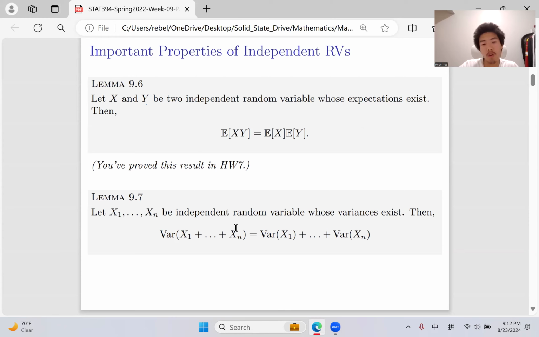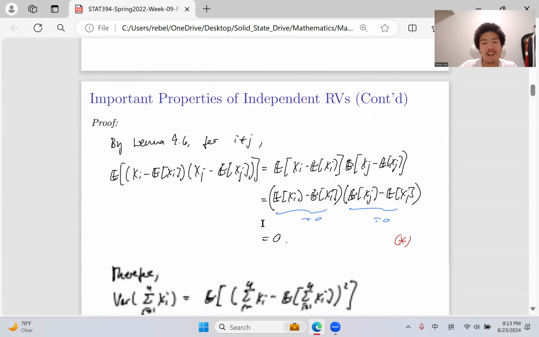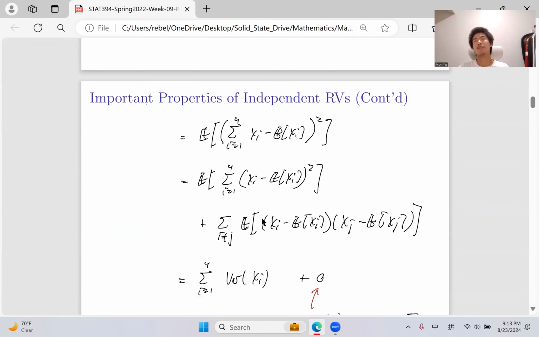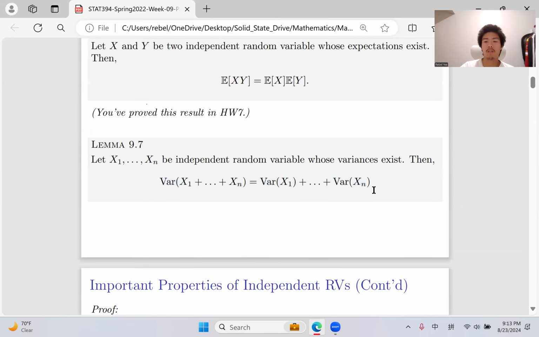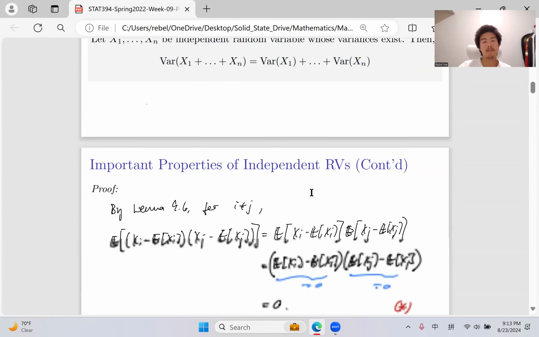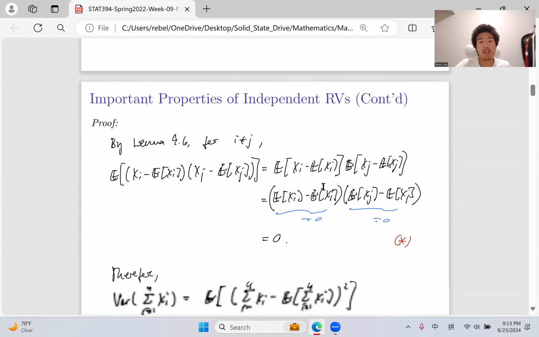Only when all of these random variables X1, X2, X3 to Xn are independent can we do the summation: the variance of the summation will be the summation of the variances. So it's slightly different, but if you can check the condition of independence for those random variables, you can apply the linearity of summation to variance as well, just like what we did for expectations.